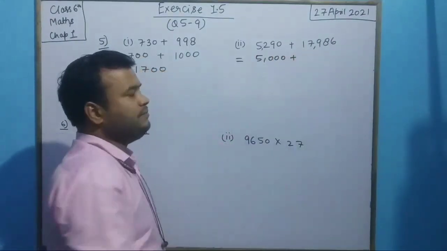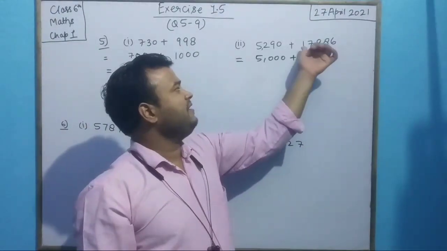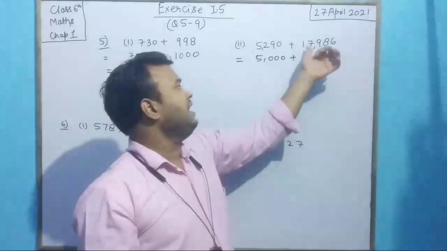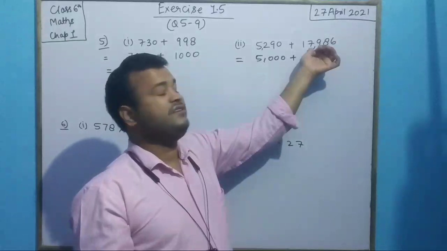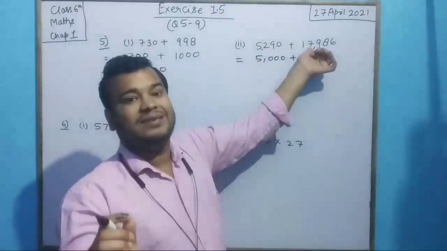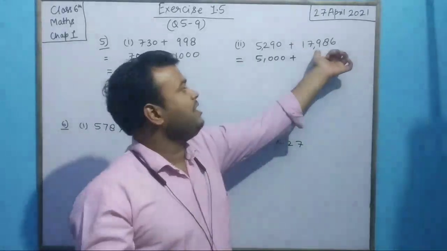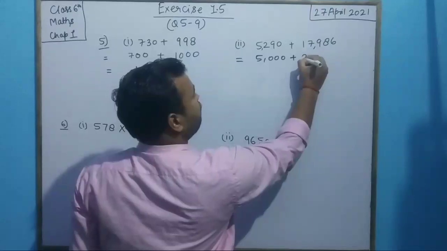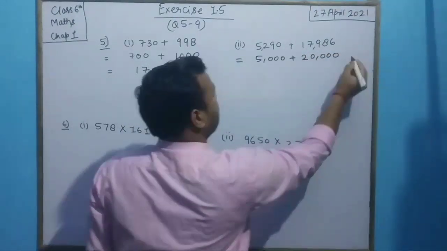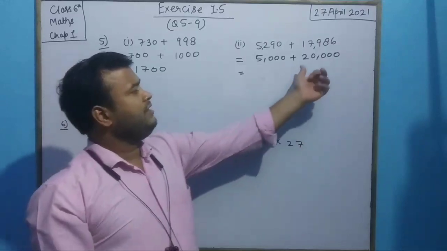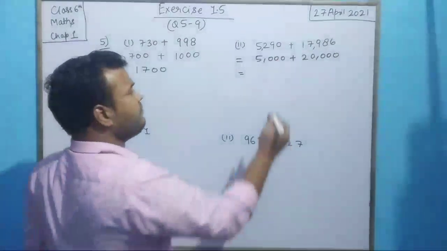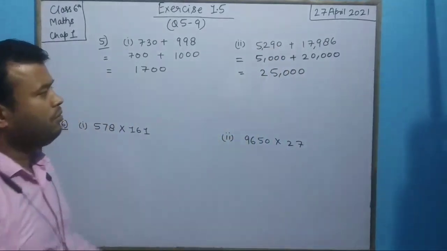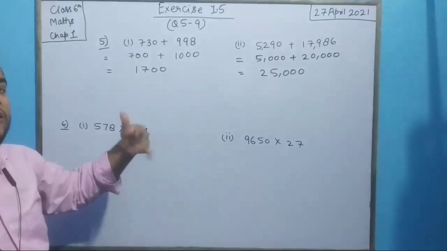Again, let us see the maximum places here: ones, tens, hundreds, thousands, ten thousands. So we will round off to the ten thousands place. Let us see one place less than that, that is thousands. It is 7, and 7 is greater than 5. So all the places will be 0 and the 1 will be increased by one, that is 1 plus 1, which is 2. Now all the rest of the places are 0. So it is 20,000 plus 5,000. Adding them, we get 25,000. In both the questions, we have to take the greatest place.